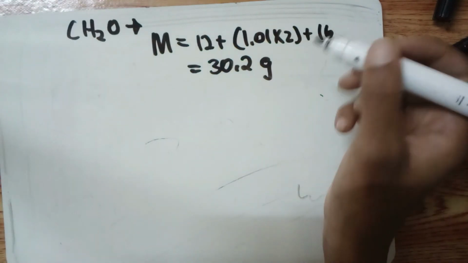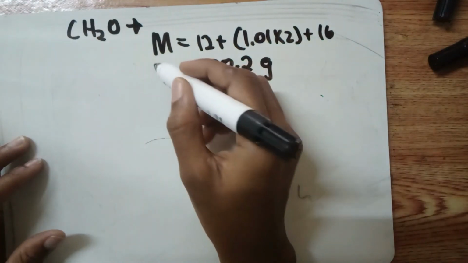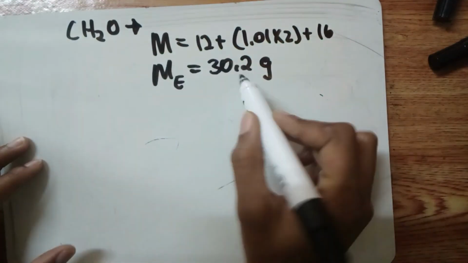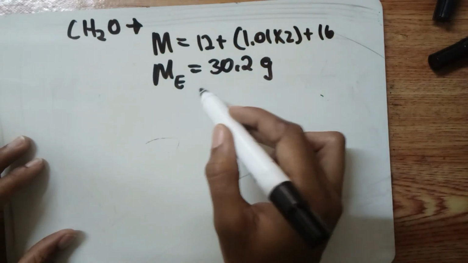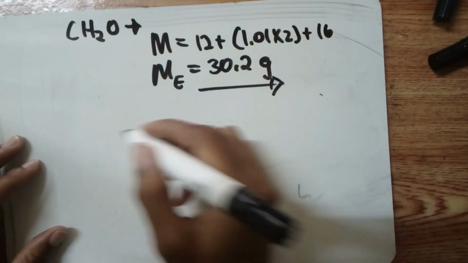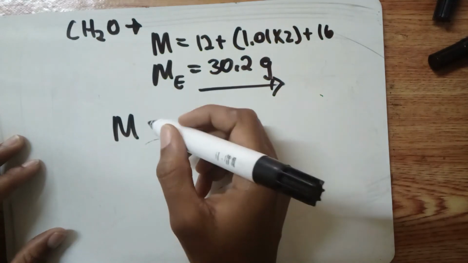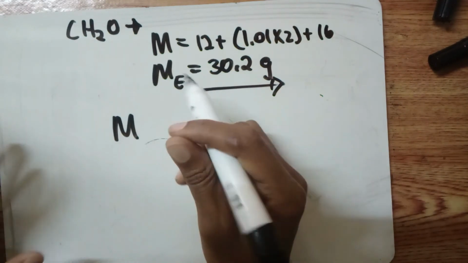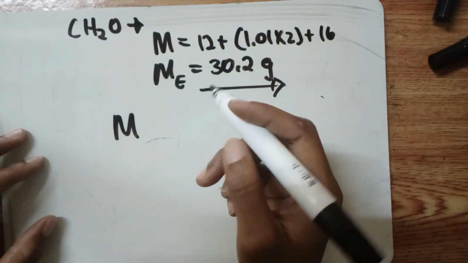But now you're noticing something. The molar mass that we're calculating from the empirical formula is 30.02. The molar mass that they gave us, which is the actual molar mass of acetic acid, is